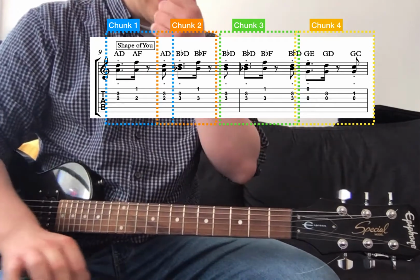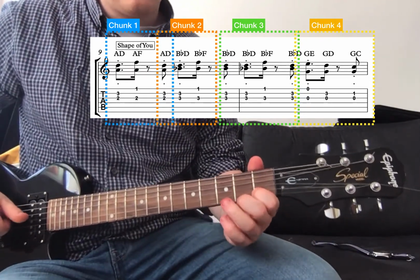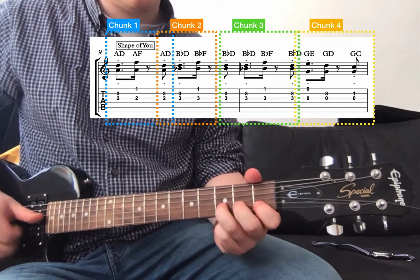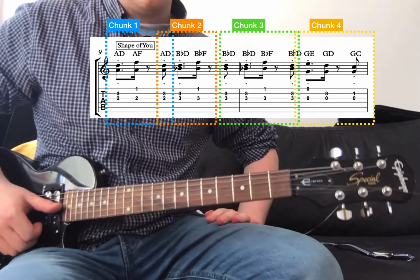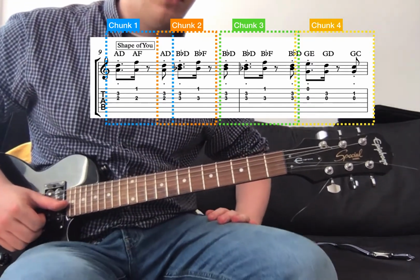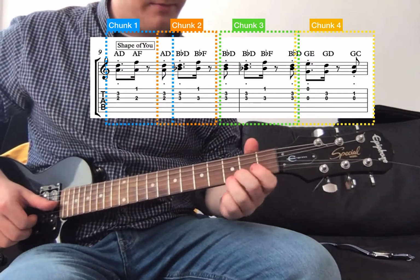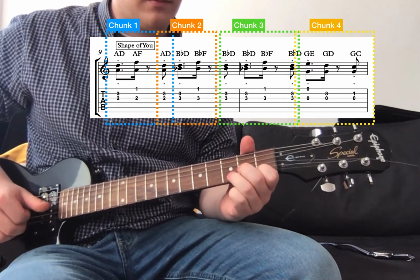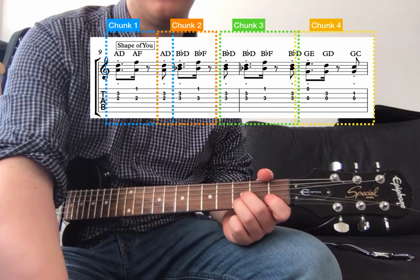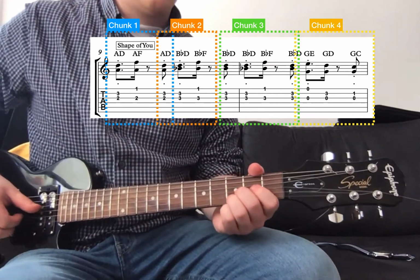The 3rd chunk is at the end of the 2nd bar, since we play the 2nd chunk twice. This should be a bit easier. It's the same rhythm as the other sections, but it's got more open strings. So I'm going to go from the B flat and D just before it as well. 60 beats per minute, chunk 3, 2, 3, and